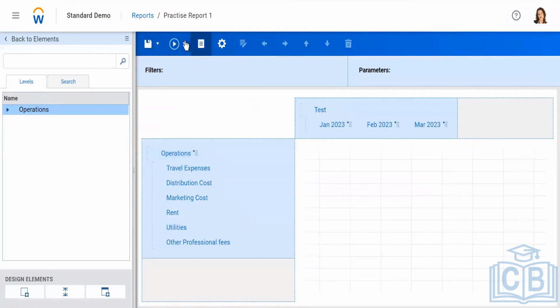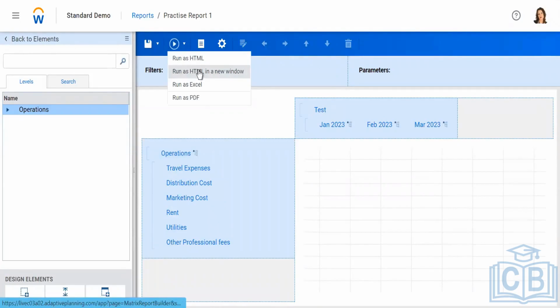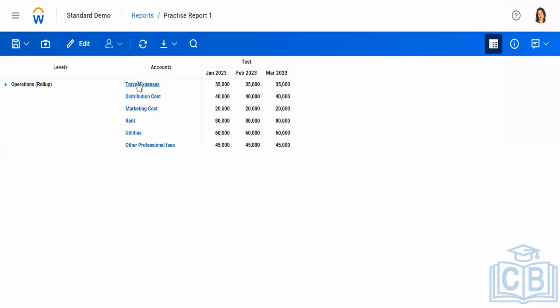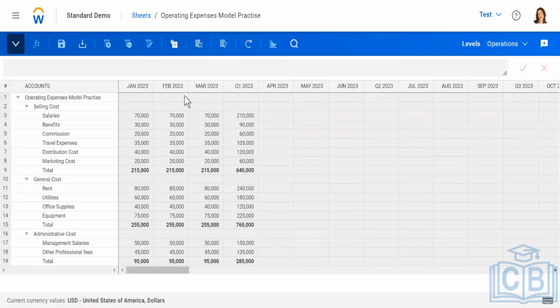I've saved it. Now I will run as a HTML in a new window. You will see this is the same tenant, but a new window. It is going to run this report in the HTML format. Now you can see if you compare this sheet and this sheet. Users were able to see all the accounts and this data, and certain non-data, which are the cells which are blank, basically from the other ones. They can get a top view basically for all the accounts. But if you want to restrict,